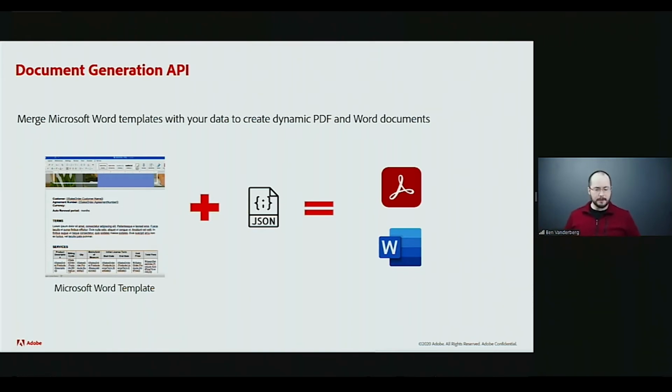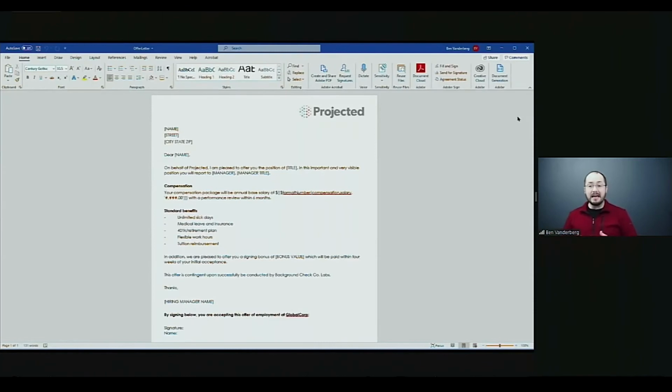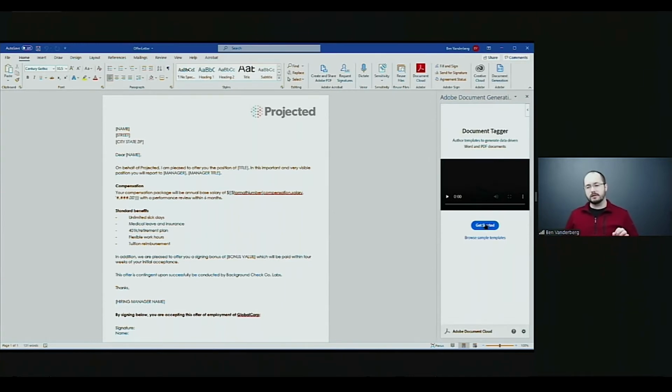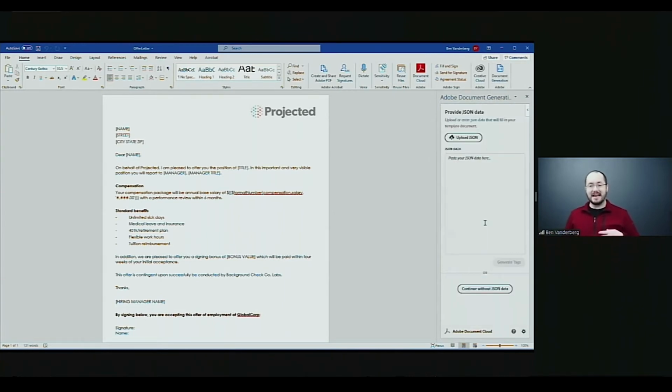So to show you a little bit of what I mean here, in Microsoft Word here, I have this template for this offer letter that needs to go out to a candidate here. And if I go up to the top here where we have our document generation button here, this is where we can use this to be able to tag our document. Now, if our developer already has a data structure available, we can just simply paste that